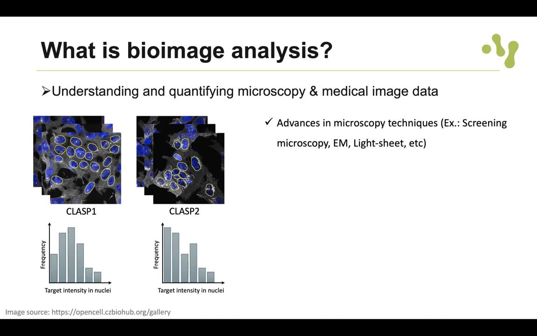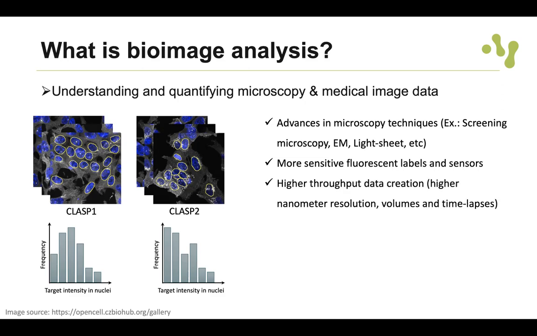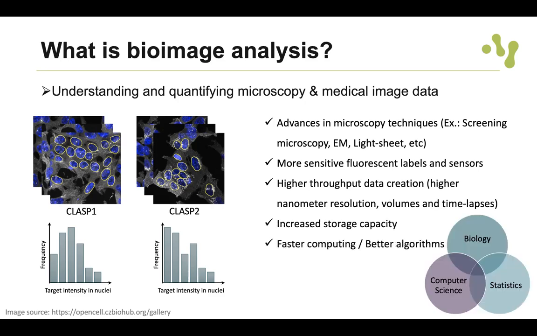images. And this is due mainly to the advanced microscopy techniques generating huge amounts of data, like light sheet microscopy, electron microscopy. We also have more sensitive fluorescent labels and sensors leading to multi-channel images. Higher throughput data creation. So we are talking about higher nanometer resolution, volumes, 3D images, and time lapses. But at the same time, now we have increased the storage capacity and faster computers and better algorithms to deal